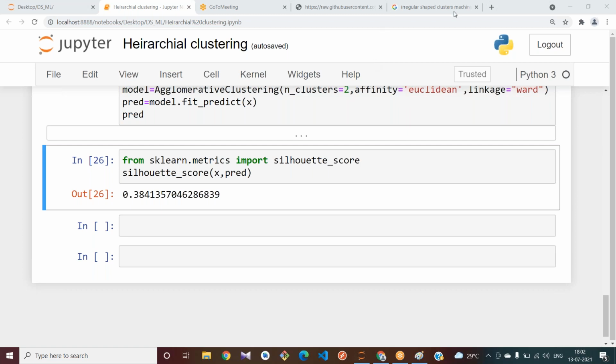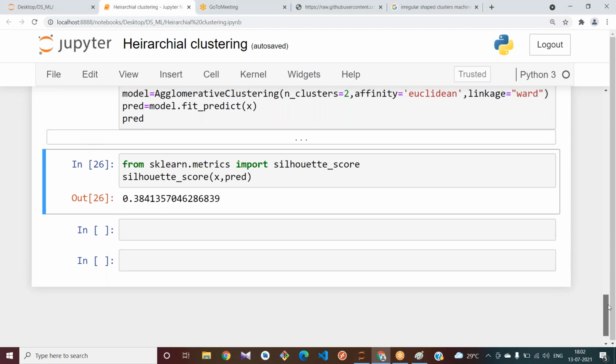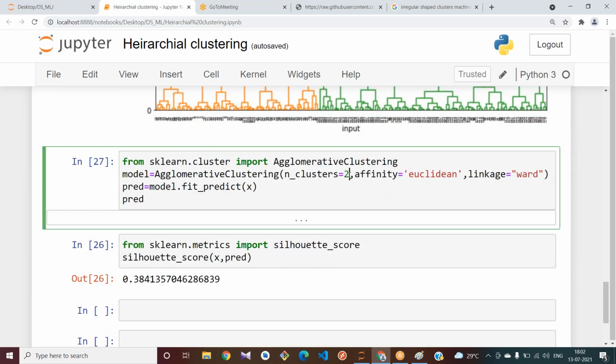For k-means you got 0.42. For agglomerative you got 0.41. How many clusters have you chosen for k-means? 3. Is it from the elbow method or did you choose randomly?